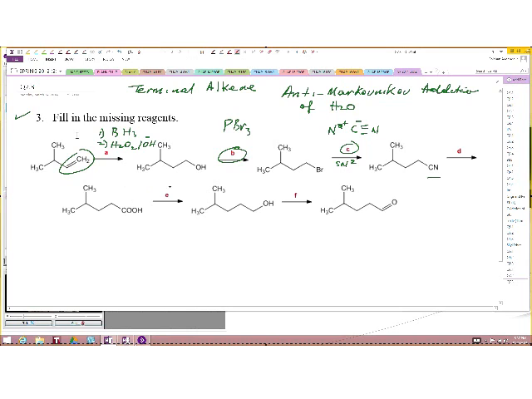Okay, now we want to go from nitrile to a carboxylic acid. What reagent do we need? Hydronium ion? Right? Very good. Okay, and then we have this here going from carboxylic acid to a primary alcohol. What reagent do we need for this? Which one? LAH, very good. LAH, followed by